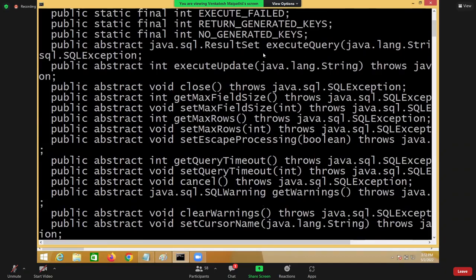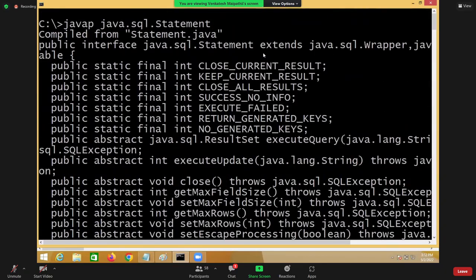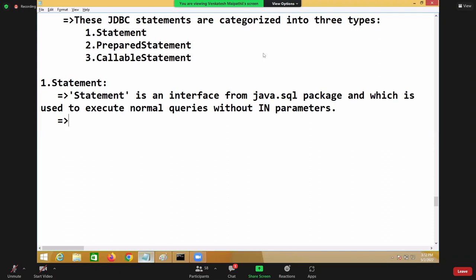It has many methods. We cannot remember all these methods. We take only 2 methods outside, right? The following are some important